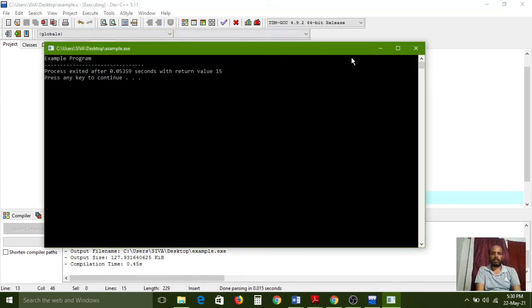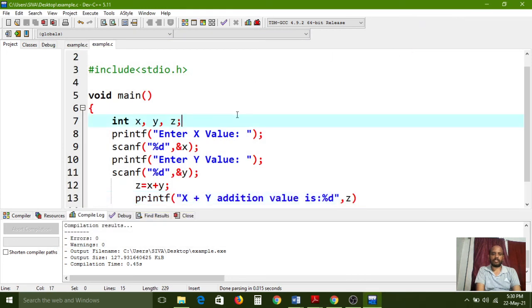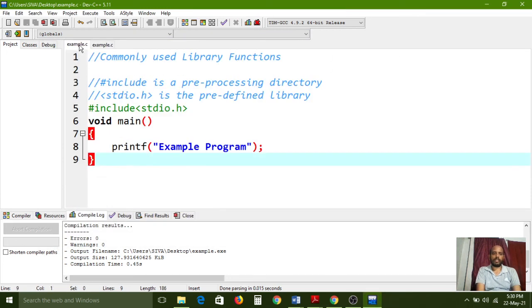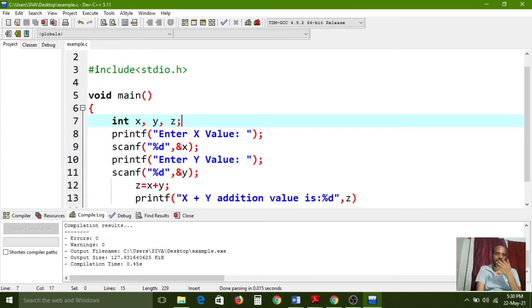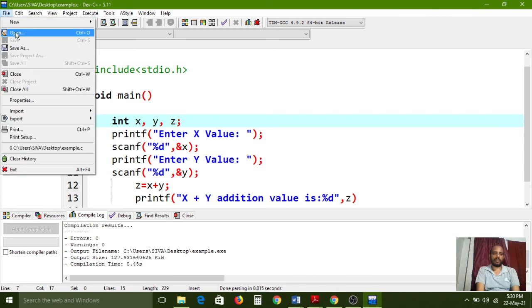So why is the example program showing a wrong message? First we need to close this previous example, because that was also saved with the same name. Right, now I am saving this file.